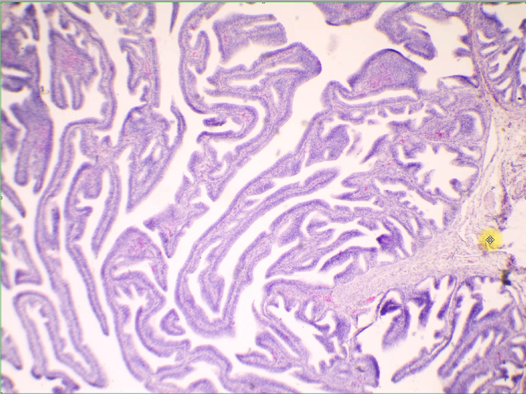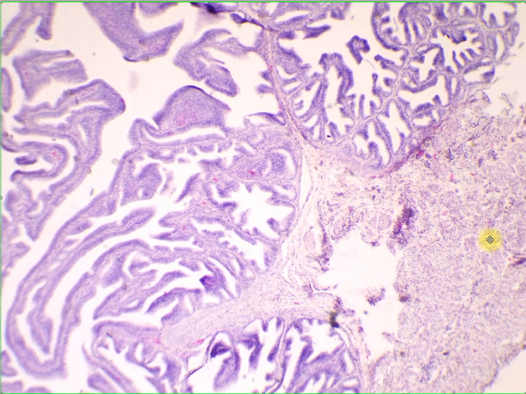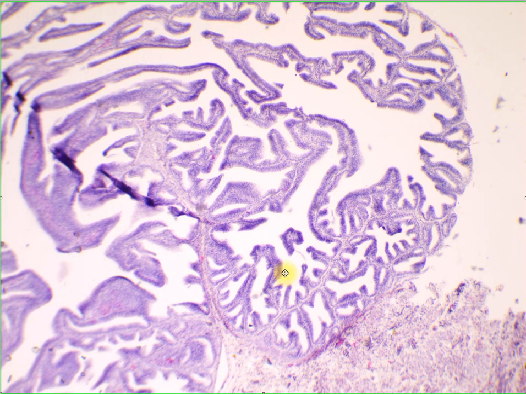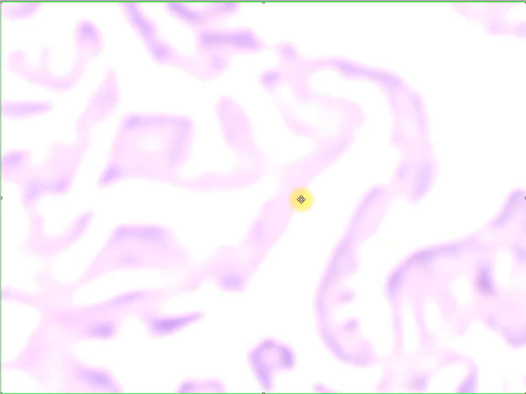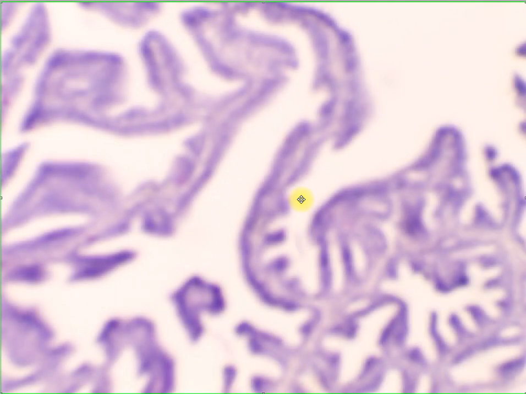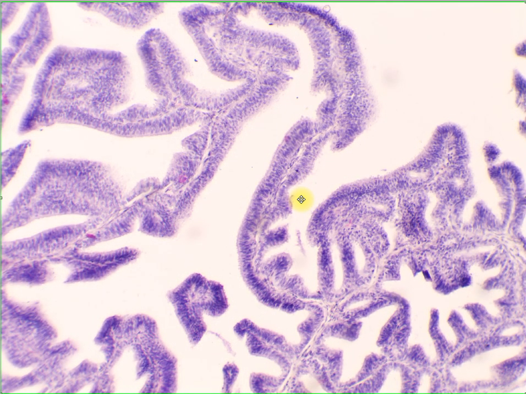If you want to examine simple columnar epithelium with cilia, you can use a section of the fallopian tube or oviduct. In this case, you just have to focus on these areas because this is the lumen. Again, it is best to use 400x magnification. Currently we are on 200x, and immediately you can see your simple columnar lining epithelium here and the cilia.